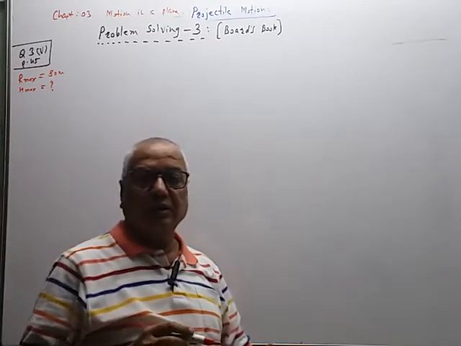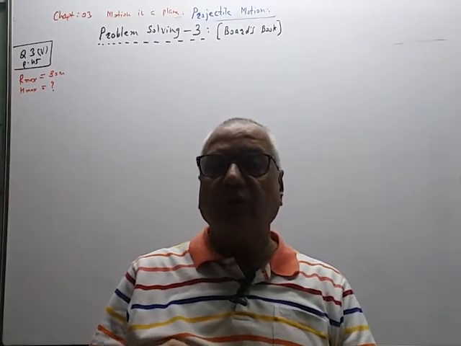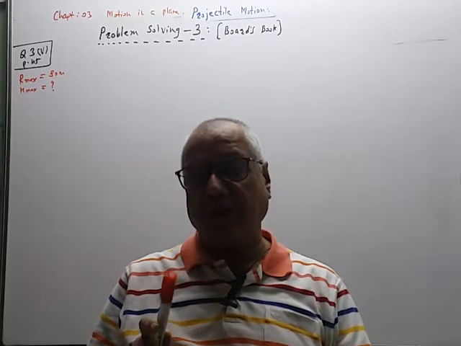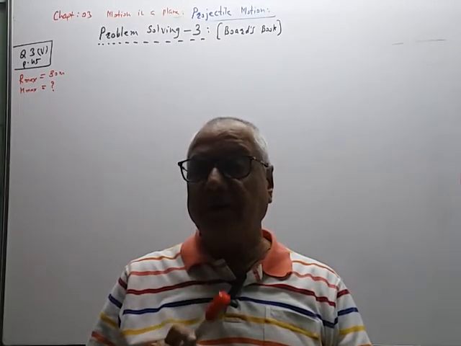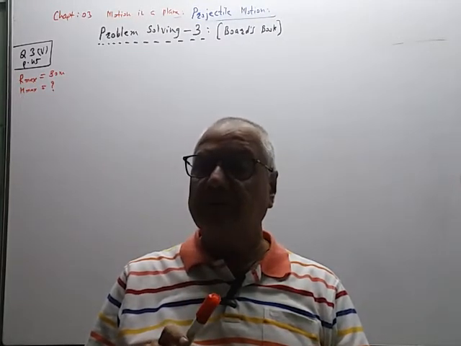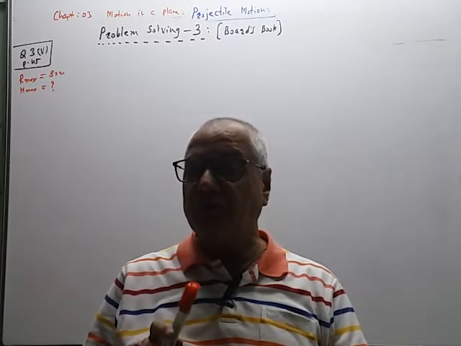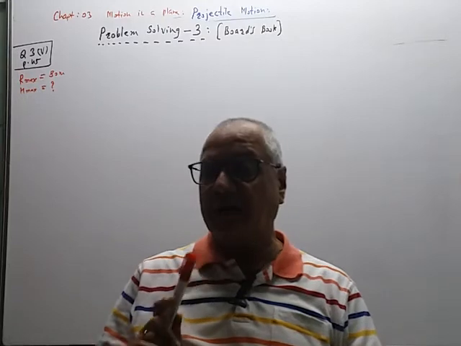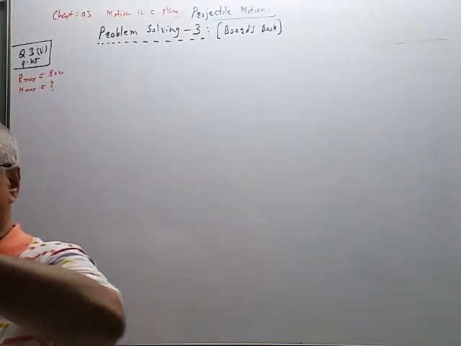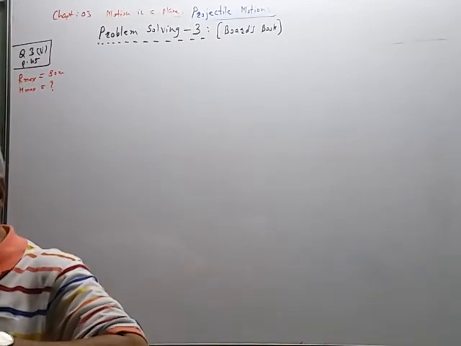So we have proved that range is maximum when theta is equal to 45 degree. So when the angle of projection is 45 degree, then R is equal to R max. But when theta is equal to 45 degree, what is the height? That will be the height corresponding to the maximum horizontal range here. So first we have to find the relation between H max and R max. This property is asked separately in MCQ also, and that property is like this.